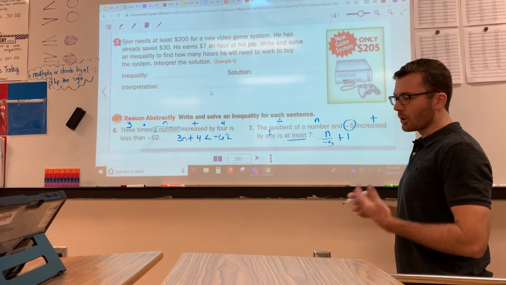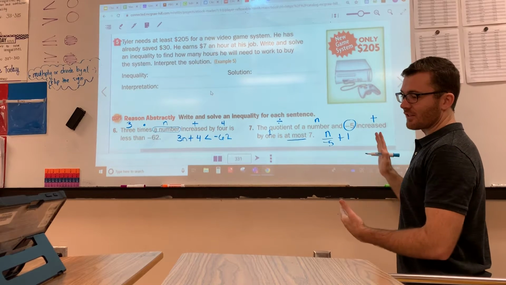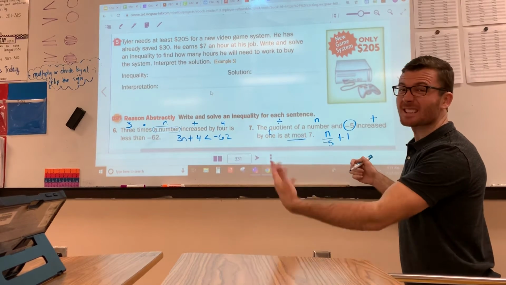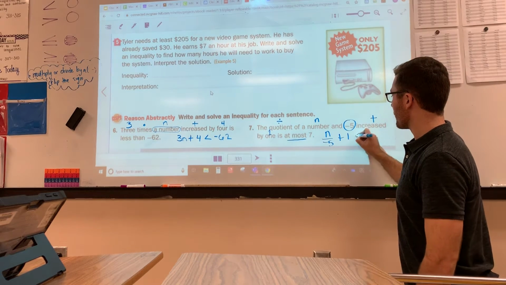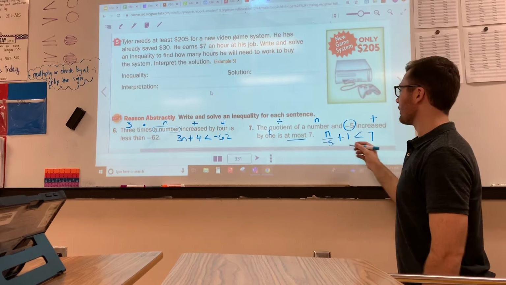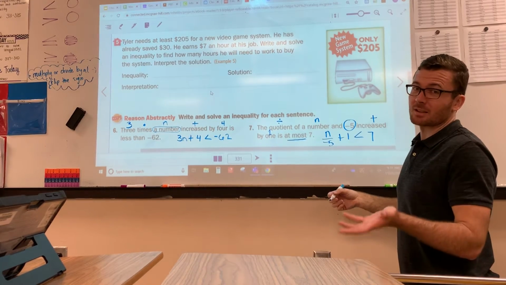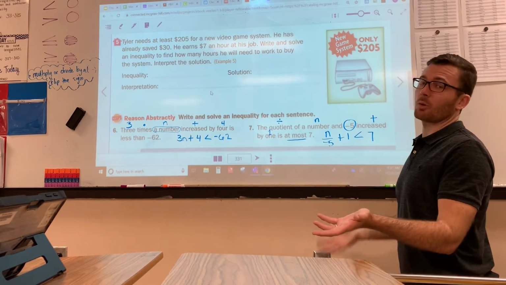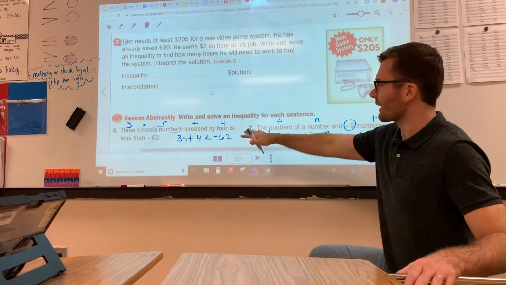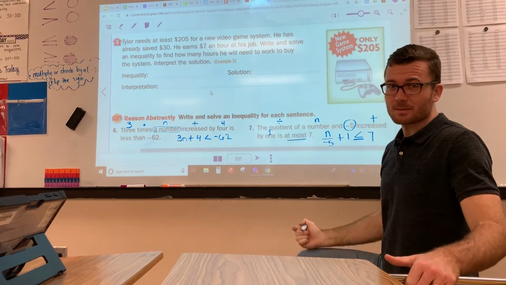So if it means at most, that means that 7 is as big as it can get, right? So everything else must be less than that. So this must be less than 7 at most, or equal to, right? So 7 is as big as it can get, so it can equal 7, or it can be less than 7. All right, so now that we've got it kind of without context translating that expression,